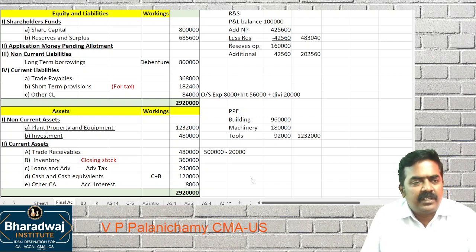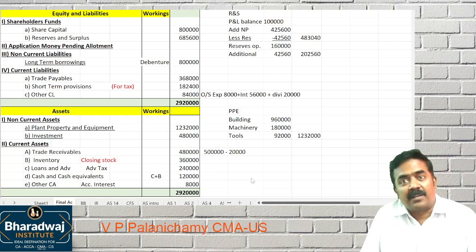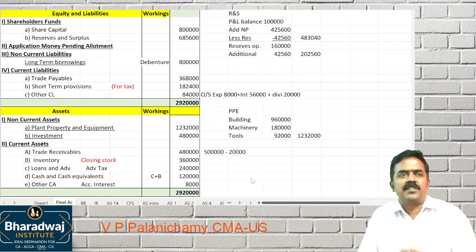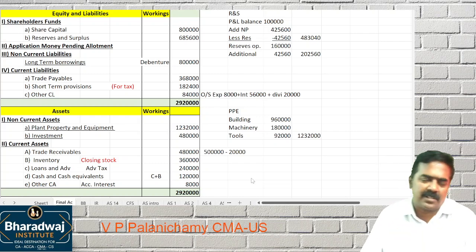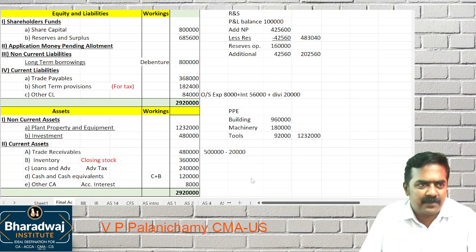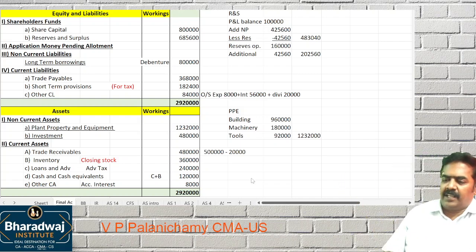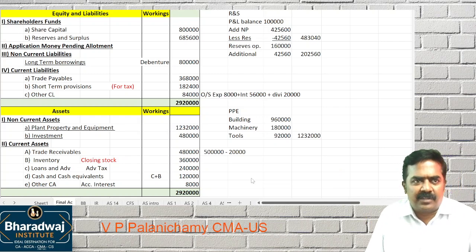Then we completed final accounts revision. One part that is pending is declaration of dividend out of past reserves. Sometimes they ask it as a multiple choice question. They give you data, then ask you to check whether dividend can be declared or not, and how much dividend is payable. 2 or 3 multiple choice questions they ask, or sometimes they ask in a lengthy answer question itself for about 4 marks, 5 marks. We'll do that. So first complete this, then we'll go for declaration of dividend out of past reserves. First we'll revise the provision, then we'll do the question.